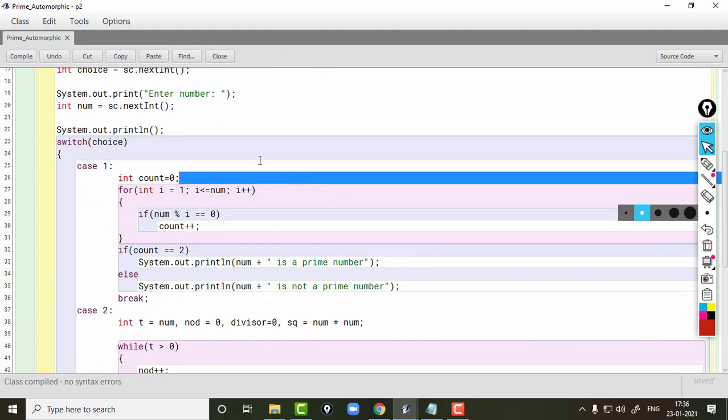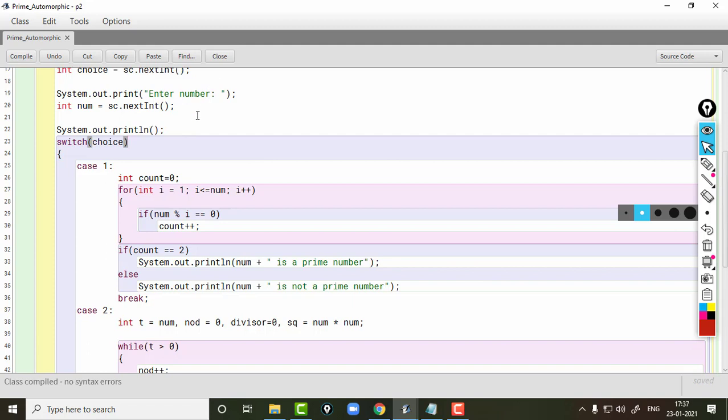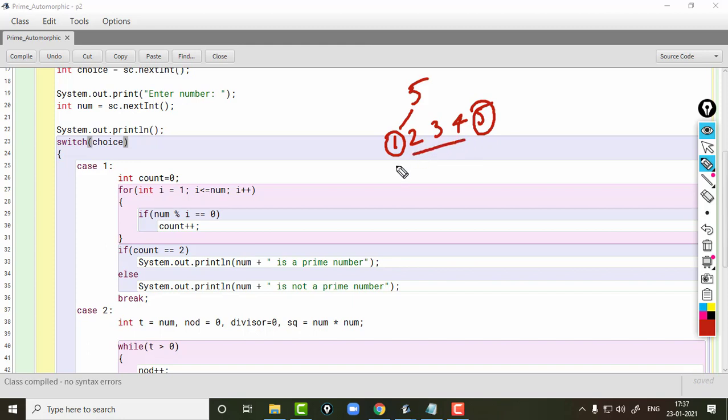Okay, so let's see how to find out whether the given number is a prime number or not. The logic that I've used here is this. Let's consider a number 5. Now I'll divide this number by 1, 2, 3, 4 and 5. That is 1 and the number itself, and then all the numbers in between.